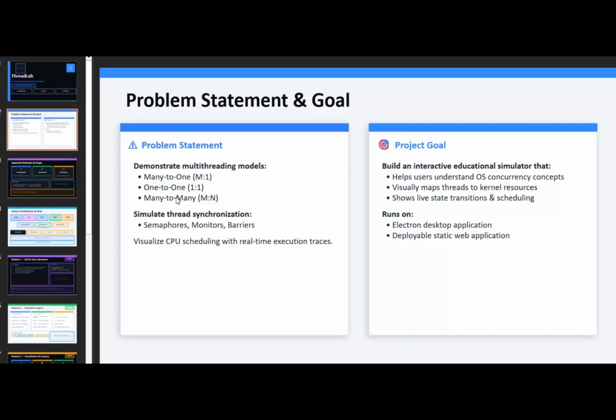So let me first explain the problem statement assigned to me. The problem statement is to develop a simulator to demonstrate multi-threading models, many-to-one, one-to-many, and many-to-many, along with thread synchronization using semaphores and monitors. The simulator should visualize thread states and interaction, providing insights into thread management and CPU scheduling